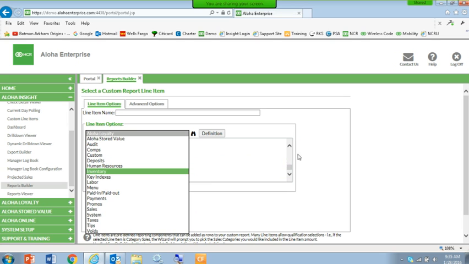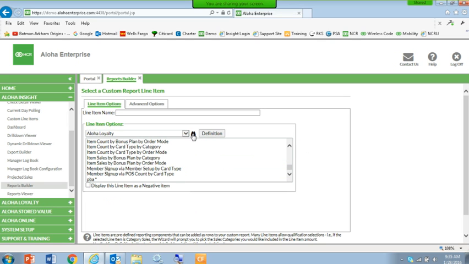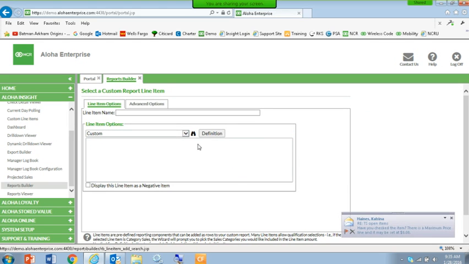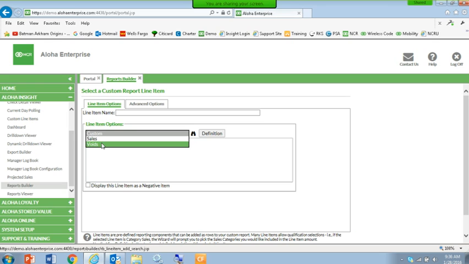But you do have a search tool over here, these little binoculars. If I click on the binoculars, you can search for what you're looking for. So if I search, hey, I want to look for gross sales, and I search this, basically what happens is it cuts down your category. So you can see I've got void and sales. If I go into voids, it's a void as a percent of gross sales, and it's a custom one somebody had created. So if that's what I was looking for, I can just pick that and be done with it,